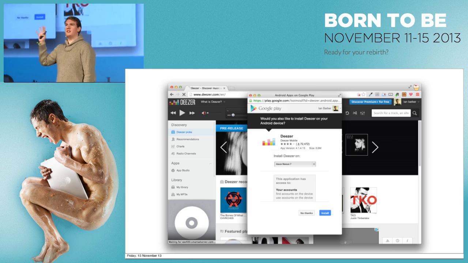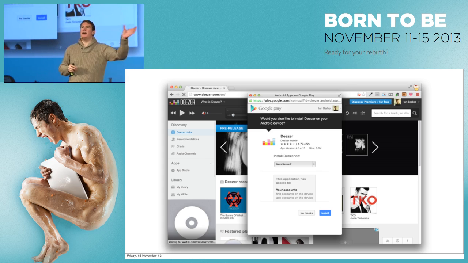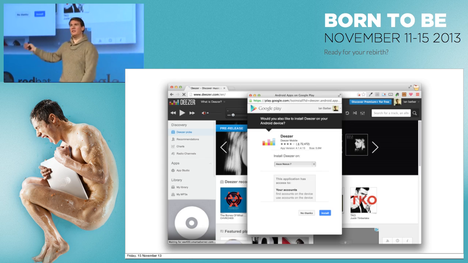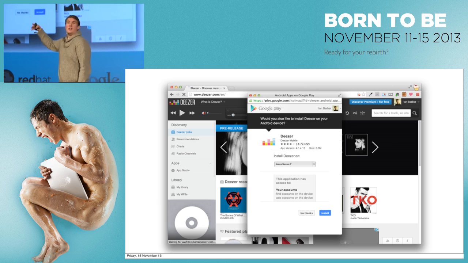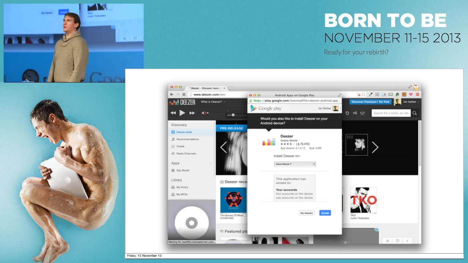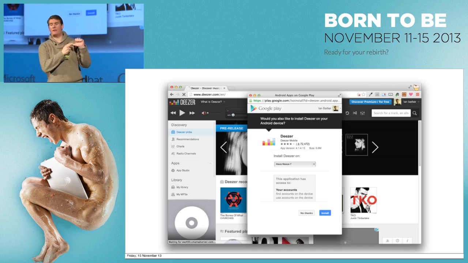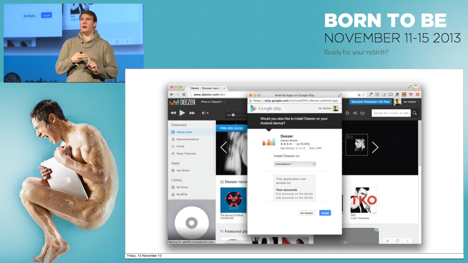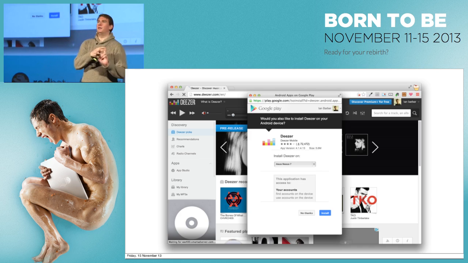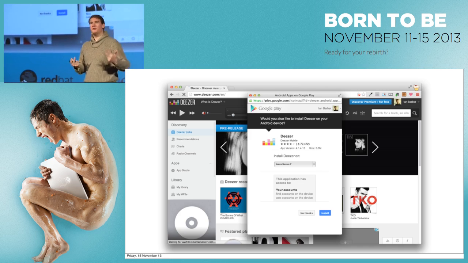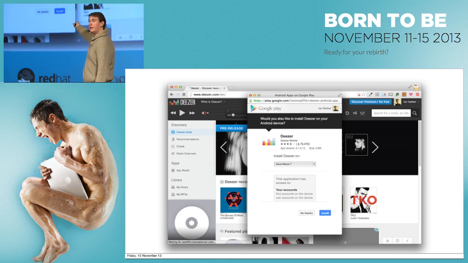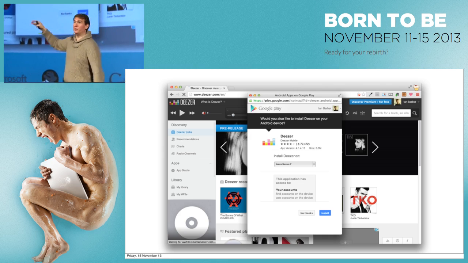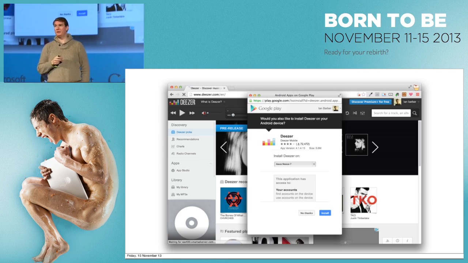And that window stays up because Deezer have said, hey, we have an Android app. And the window talking to Google can talk to the Play Store and go, hey, this user, do they have an Android device? Yes. Can their Android device run the Deezer app? Yes. And have they got the Deezer app installed? No. If those things are true, it can display an install dialog. And I can just press install, and that will be installed straight to my phone.